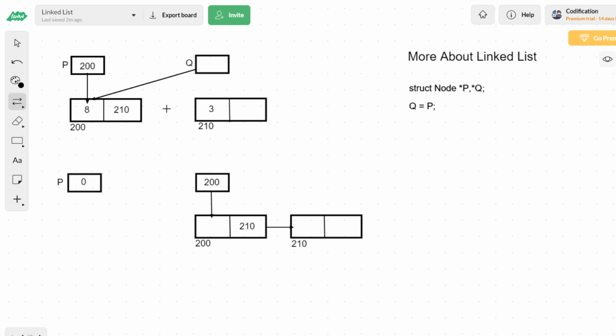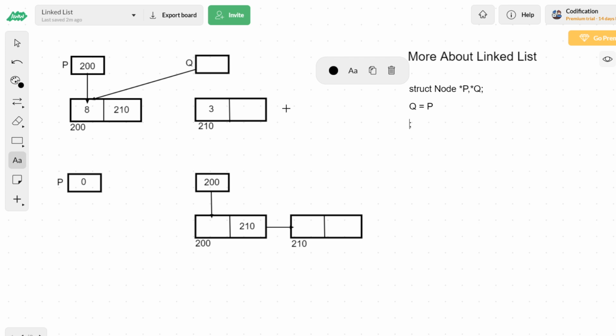Okay, now how to access this 210? How to access this second part? Already I have told you how to access a particular node and a particular member with the help of the pointer, in the previous video. How to access this member of this particular node? Both q as well as p are now referring to the same node.